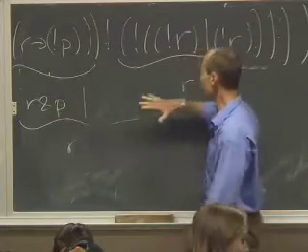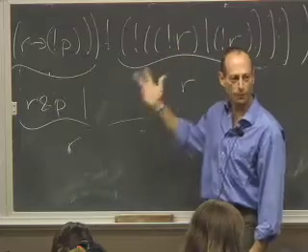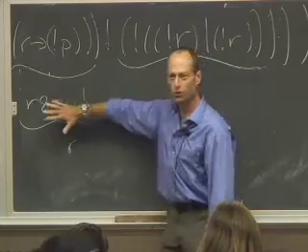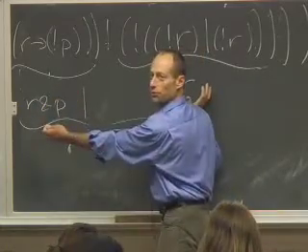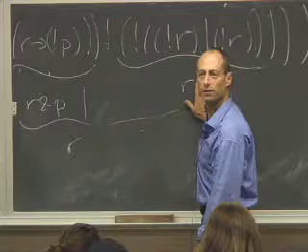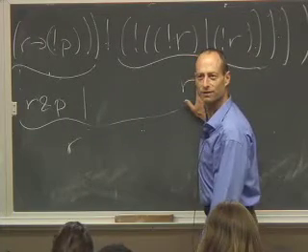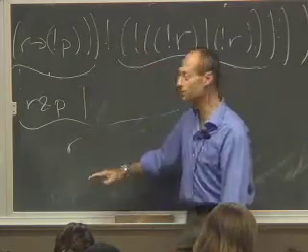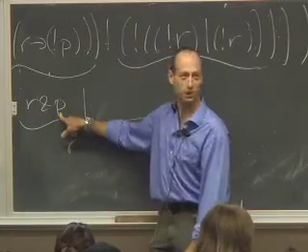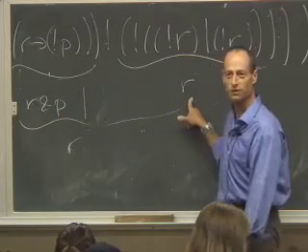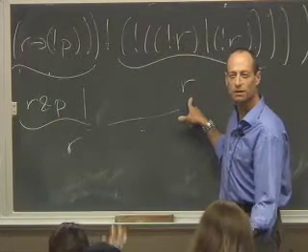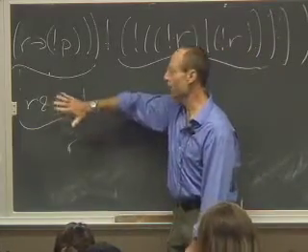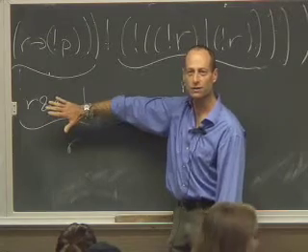Okay, we need to consider what happens when R is true, what happens when R is false, what happens when P is true, what happens when P is false. If R is true, this whole expression is true by virtue of the right-hand side, no matter what P is. If R is false, this expression is false, because false and whatever P is still going to be false, and this is still going to be false. So the only way that this expression is true is if R is true, and if R is true, this is true, no matter what P is.